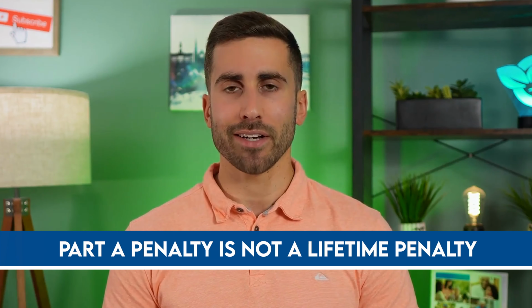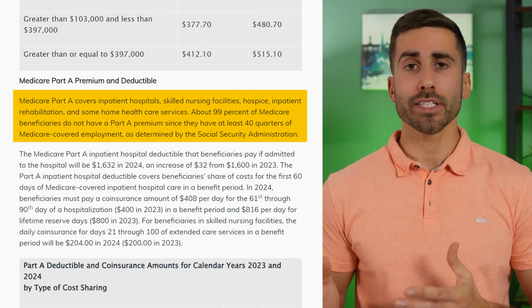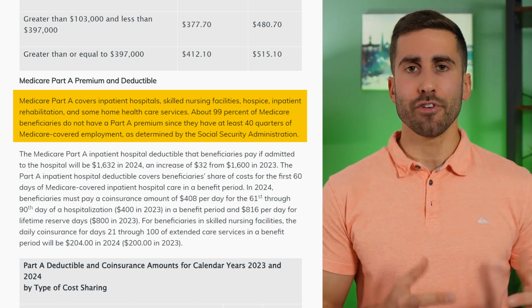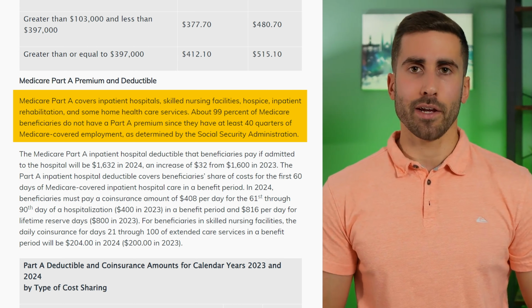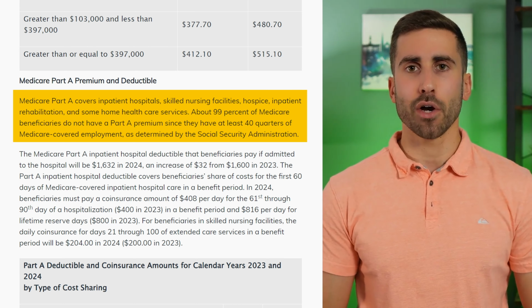One unique thing to remember about the Part A penalty is that unlike the other 2 penalties we will discuss, it is not a lifetime penalty. Now, the reason this penalty is uncommon is because it can only apply to individuals that have to pay a premium for Medicare Part A. But according to Medicare, 99% of Medicare beneficiaries do not pay a Part A premium, and therefore they don't experience